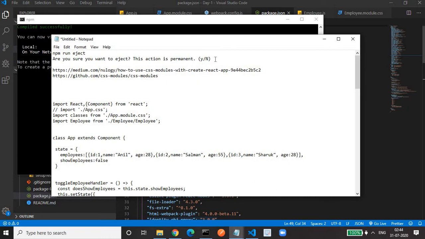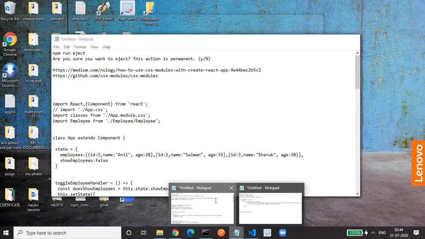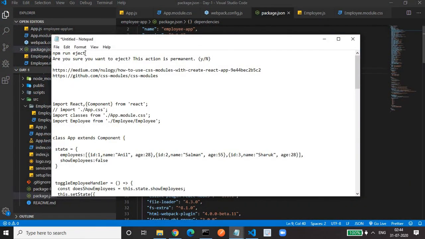So what it will do is extract the webpack package from the React script, all the packages from the React script, and you will get a config folder. That's why I have executed this command, npm run eject, and I have entered Y here.